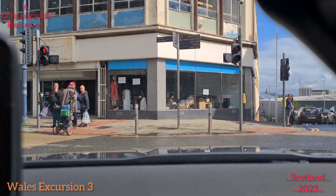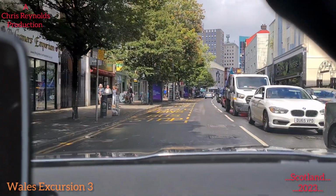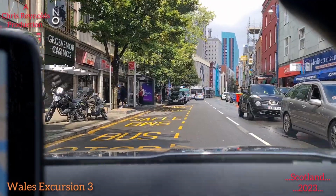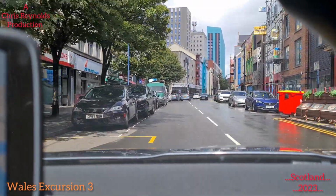These are these stupid rule things where you've got to give way to the pedestrians, even though it's got the red man for the pedestrian. Just the road markings looked like it was one of these. Anyway, never mind that. Well, this looks like...